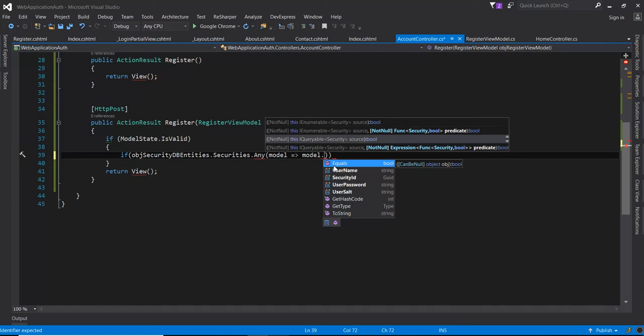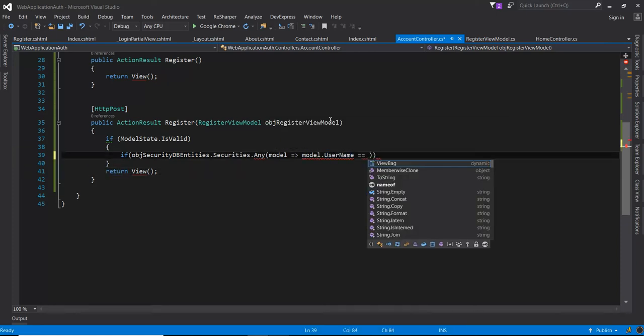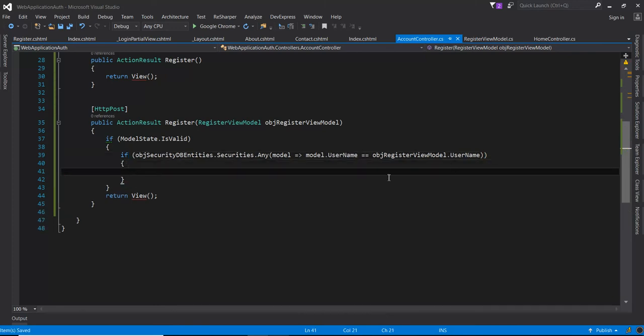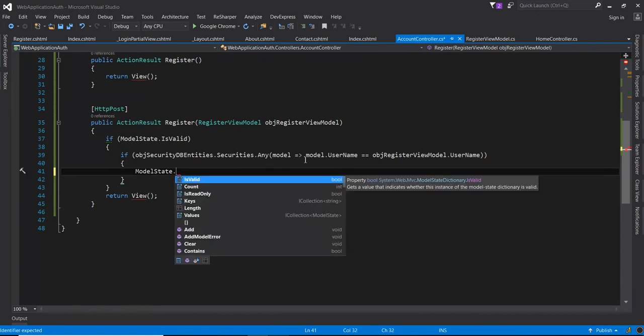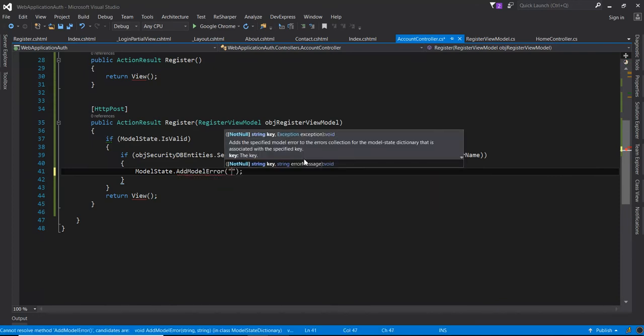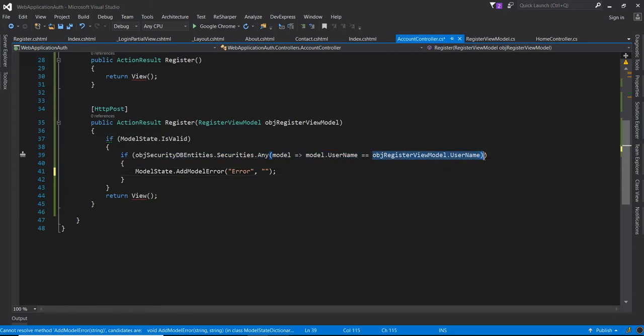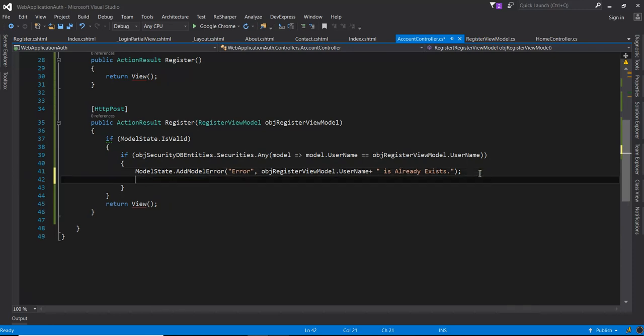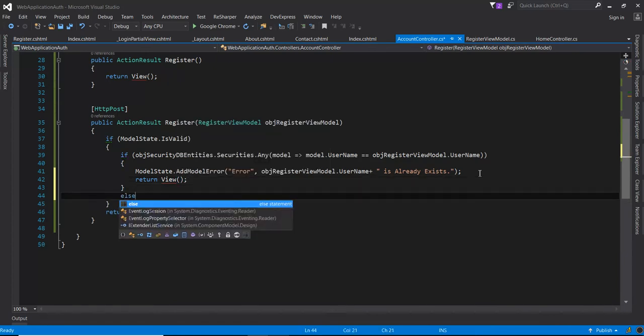Model dot username, if it exists, then return the error: this username already exists, and return view. Second one, if it does not exist,